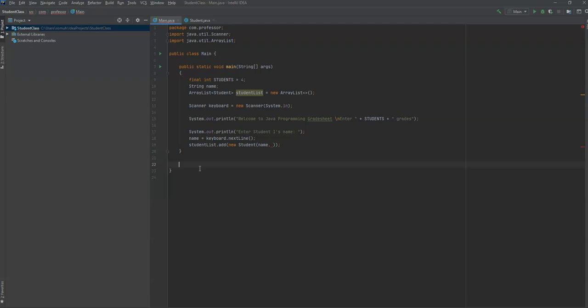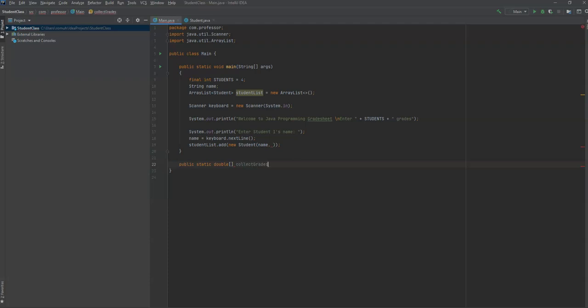So we want to collect those grades into a throwaway array, and then push that to the student class. Hopefully that's clear as mud, but we'll say public static double, and then it's going to return a double array,